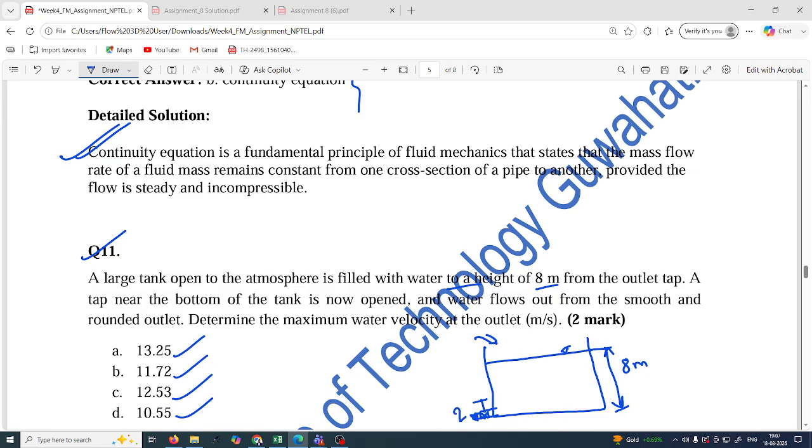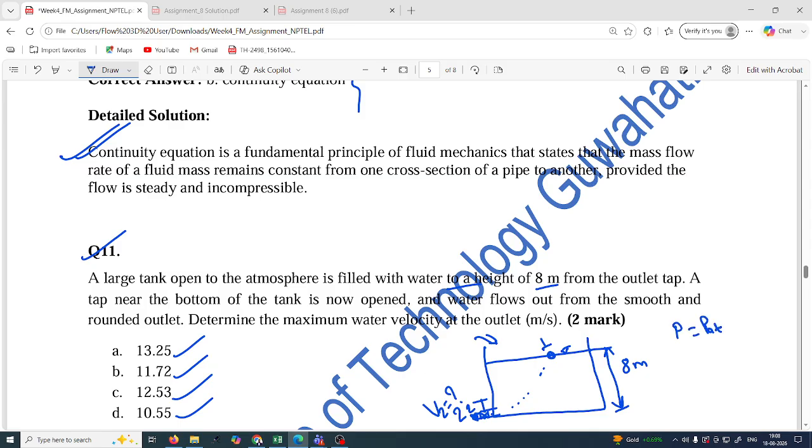This is 2 and this is 1. So you need to calculate the velocity. If I consider this as 2, you need to calculate V2. For that you need to apply the Bernoulli equation. You can apply it at point 1, here, and at point 2, here, and both are open, which means at both locations the pressure is